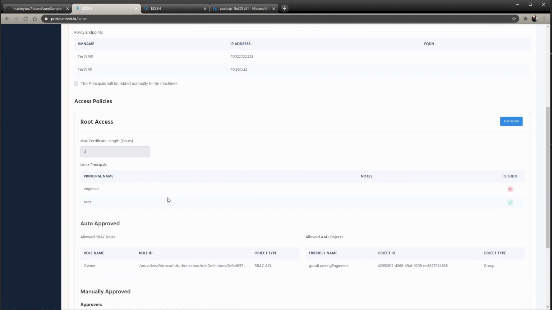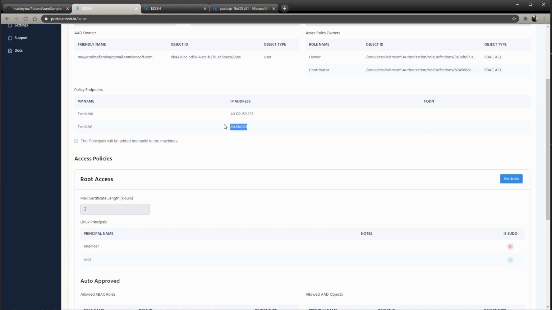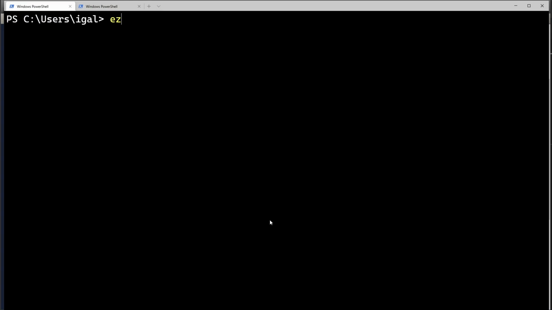So we're gonna go ahead and we're gonna copy this IP address, and we're gonna go to our PowerShell command line, and we're just gonna type EZSSH, and then we're gonna do SSH -E for endpoint. Then we're just gonna do root, just because we're gonna use the root account and the IP address that we copied before. We're gonna click enter,